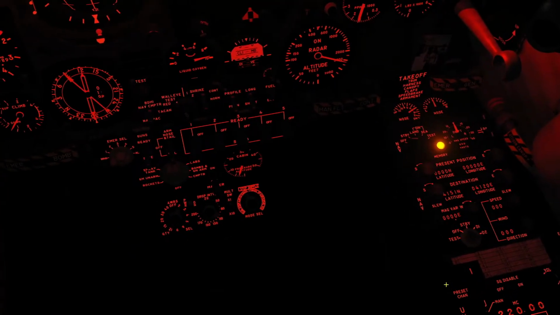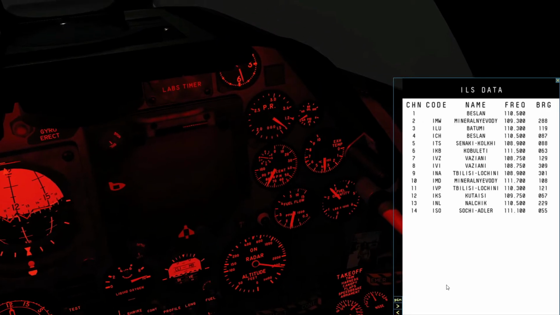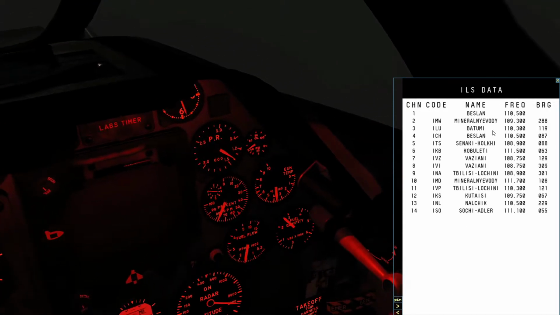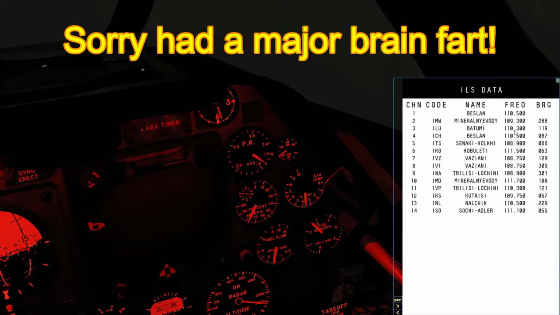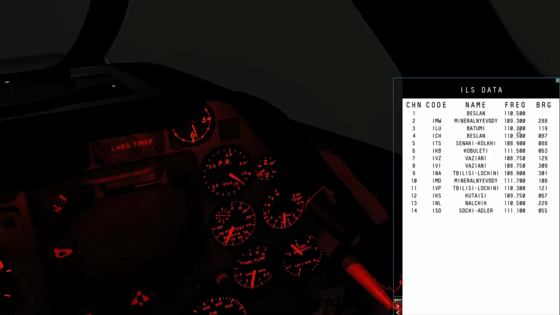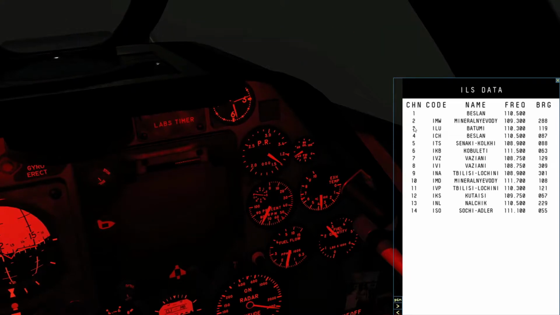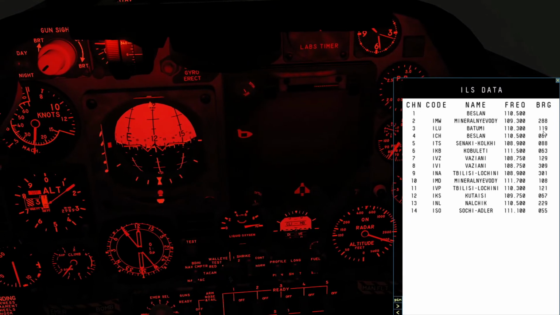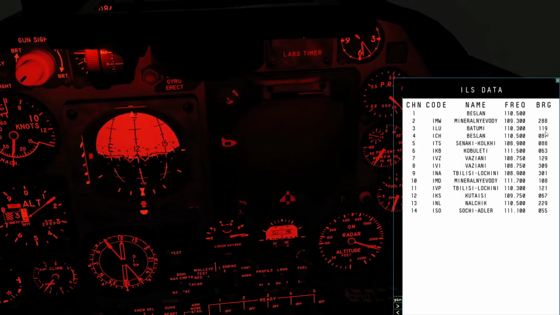But to do that, you're going to need to press right shift and K to bring up the kneeboard. Square brackets for left and right to change the pages, and you want ILS data. Now we're coming into Batumi, and as we can't put in a proper frequency into a nav thing, I've completely forgotten the terminology for it. We need the channel, which is 3, and it's giving us a bearing of 119, which is what you should be on. I'm on 120 at the moment, so 119 is the heading of the